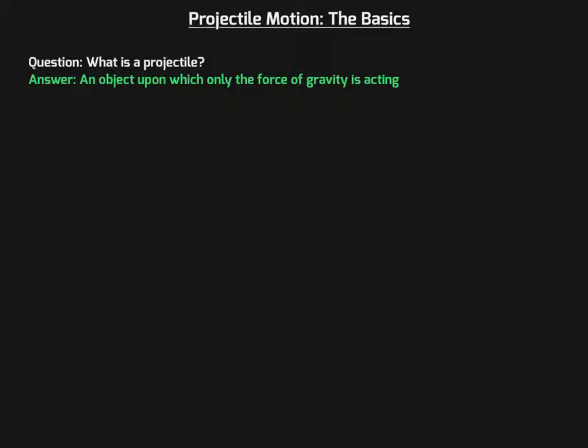So first things first, what is a projectile? The simplest answer here is that a projectile is an object upon which only the force of gravity is acting. Okay, so really simple example here. Let's say I have a building and I have a guy standing on the edge of the building. Why, I don't know. He also has a ball, and he drops the ball,